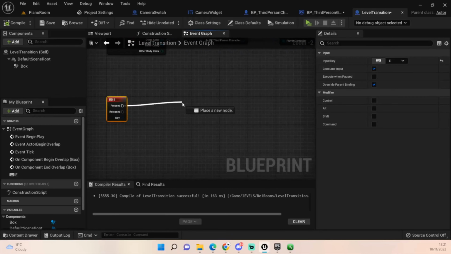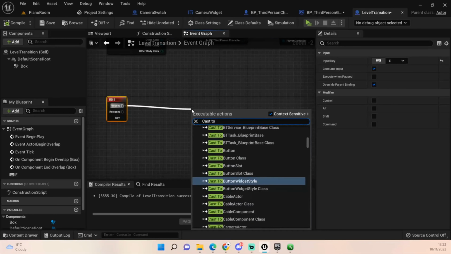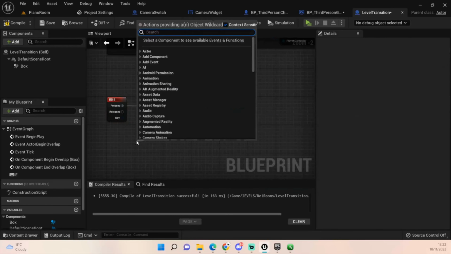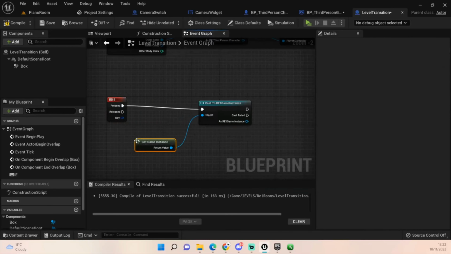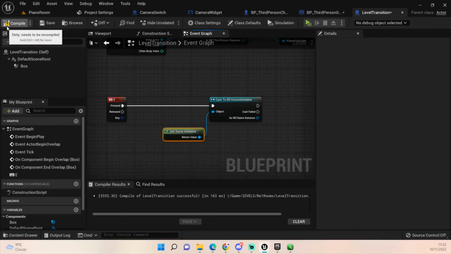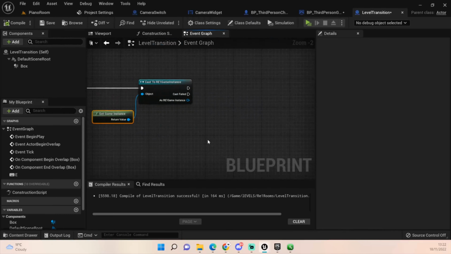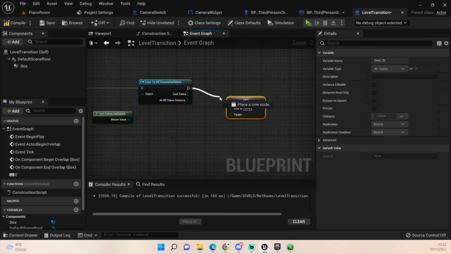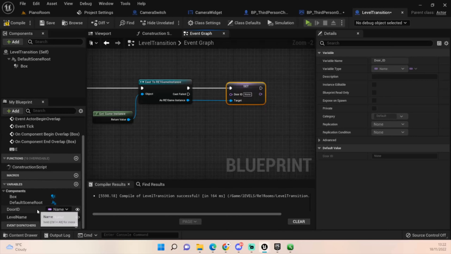And then after that, you would want to cast to the RE1 game instance. And again, this would be get game instance, like so. You probably will also want to change up some world settings. I'm just thinking about that, but we'll come to that shortly. We then want to get our door ID. We want to set that door ID, like so. And we're going to set that to our door ID,